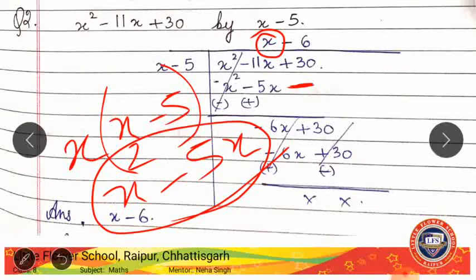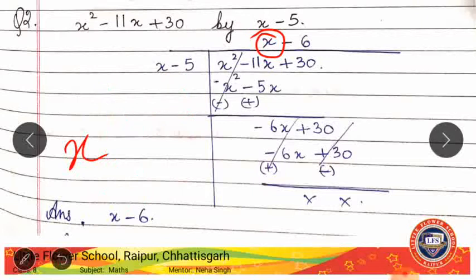So instead of numbers we will have terms including numbers and variables. Now after getting the first term of the quotient, we are going to divide this x with this x minus 5, what we have done here, right? And now the answer we are going to write it here, x square minus 5x, right? And now we are going to subtract like we do in normal division.